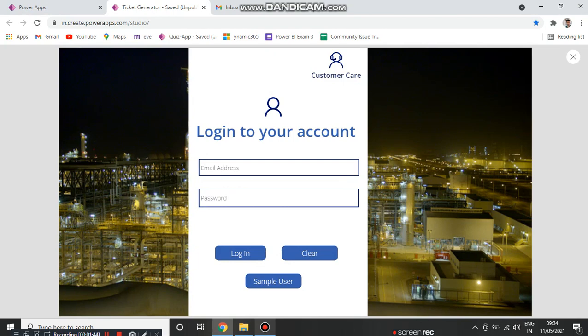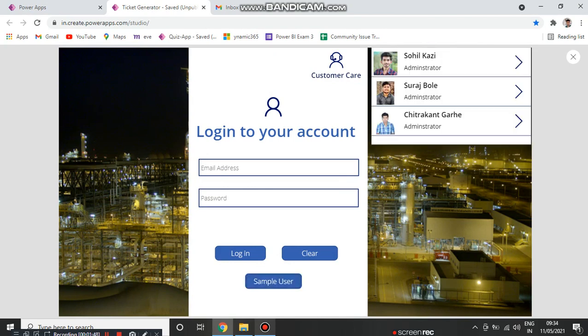The same thing happens in my application. The sample user is the person who has the right to forward an employee's issue to the head of the department. So the sample user can raise the issue on behalf of the employee: just share the problem with the sample user, and the sample user raises the issue and forwards it to the head of the department.